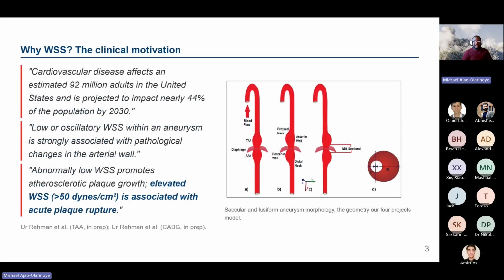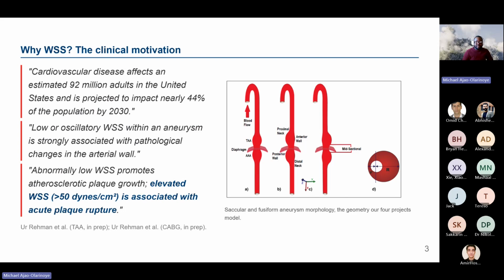Okay, so just to start, wall shear stress, some of you might know quite a lot about it, but to be very specific, wall shear stress itself is not the problem, but cardiovascular disease is quite a rampant thing that needs to be solved. So detection, or early detection of it by any software, is well accepted. To understand the effect of it, about 92 million adults in the US alone suffer from various types of cardiovascular disease, which of course is quite dangerous.